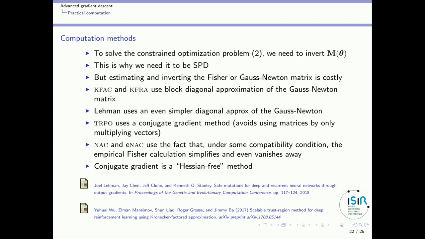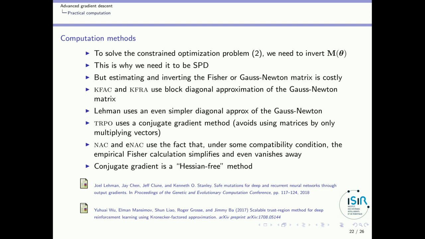Interestingly, this is not a deep reinforcement learning paper, it's more an evolutionary paper. And interestingly, they present a technique where, when you look at the math, you can figure out that they are using the diagonal approximation of the Gauss-Newton matrix, but they don't state it that way in their paper. So probably they did not even figure out that this is what they are doing. Okay. In TRPO, they are doing something different.